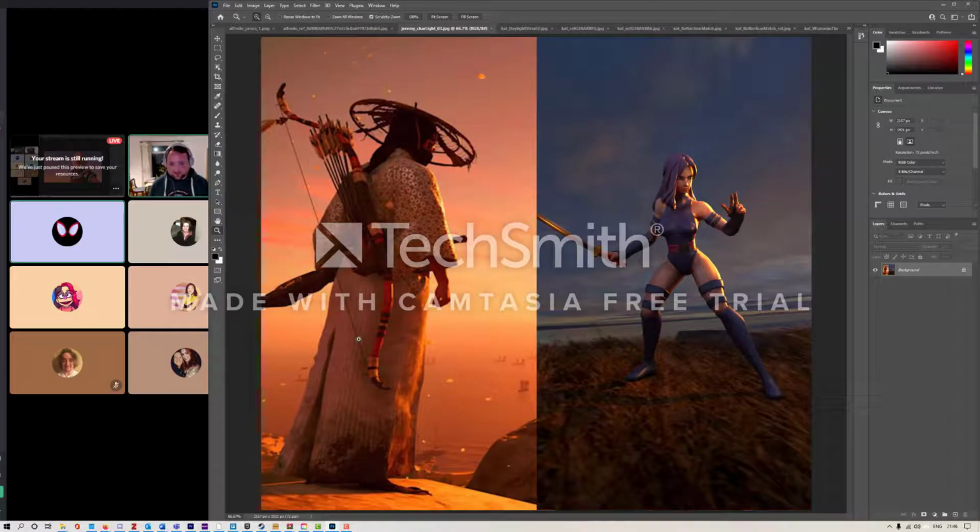Sweet. So this is the reference over here, then we have the example. I think that you're matching this rim light really nicely. You've got the sun hit. But I'd say the one thing that's really standing out to me is